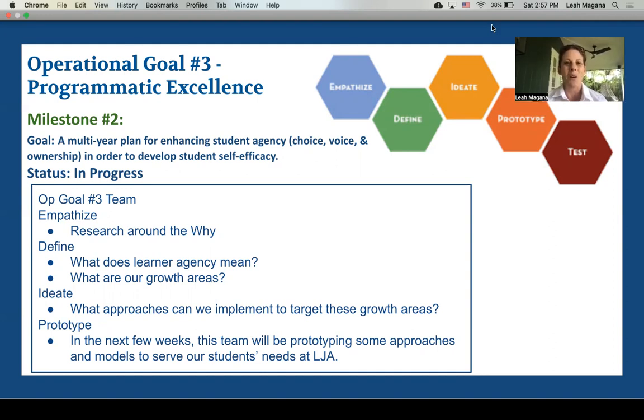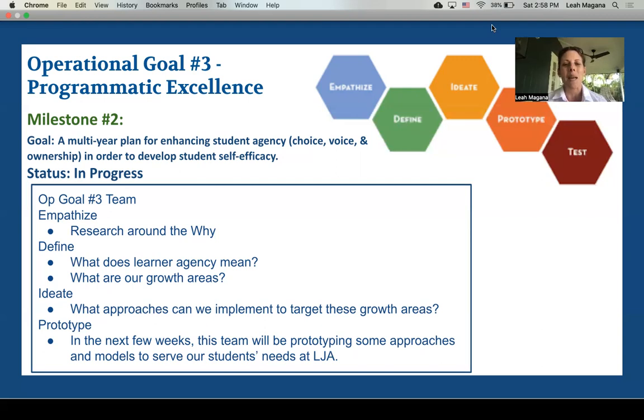We have a group of volunteers who joined this team. They're amazing educators, creative and thoughtful and reflective, and have been really working hard on this goal. So I want to thank them again for being a part of that. I used the Stanford D School Design cycle here. I just love the way it's outlined. I know it's not the IB design cycle, but I'll use that to guide our thinking today.